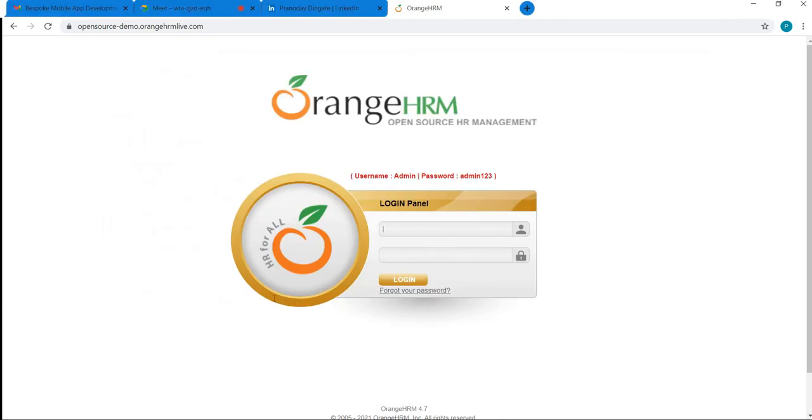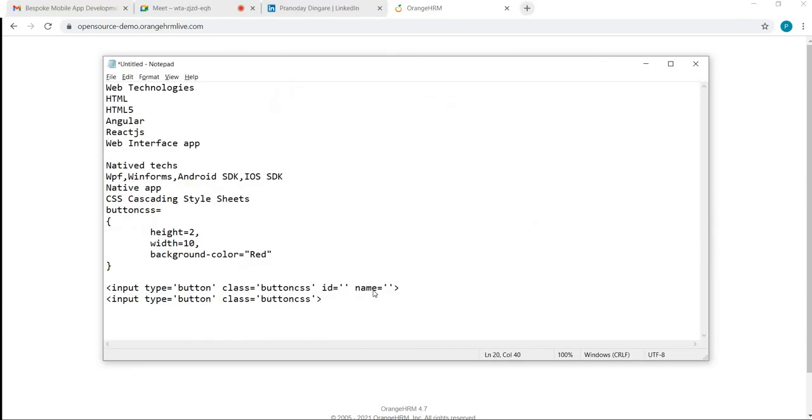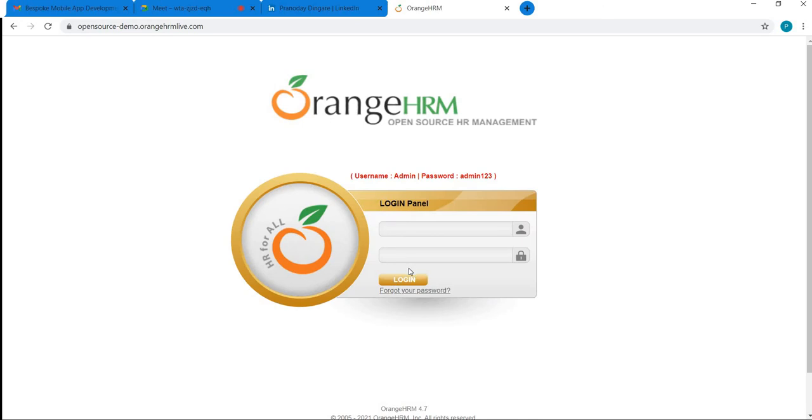Before we understand the ID and name attributes, let's understand the concept called client side validation, and then I'll explain the significance of ID and name here. So client side validation means what? Like here there is a control, and let's assume that this edit control is expected to contain only characters. Only characters are allowed to be typed.